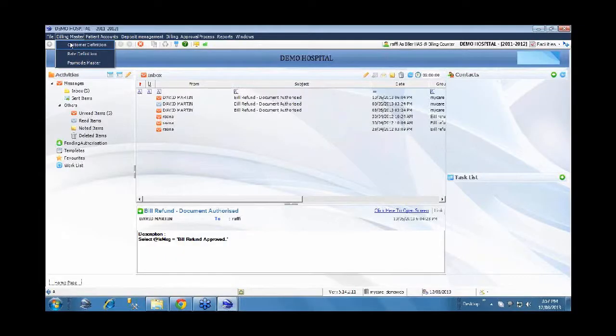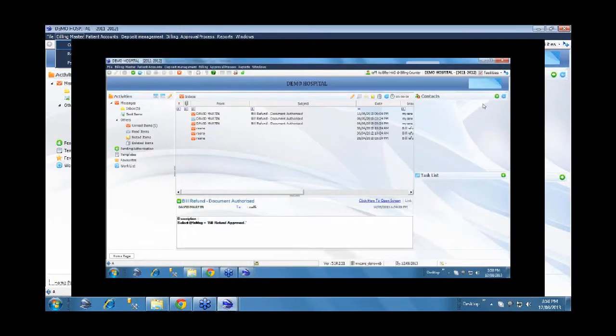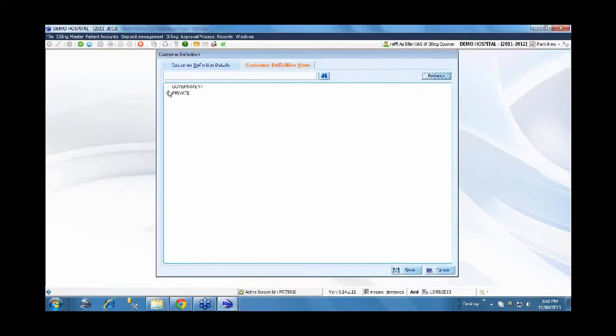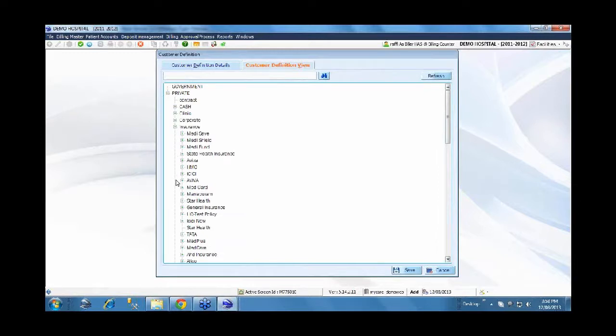presentation to cover the revenue cycle management aspect. So initially we will start with customer definition, how we can define the insurance contracts and various policies and rules associated with that particular insurance or any other payer the hospital may sign up with. Then we will look at how we can define the fee schedules, I mean hospital based, price based and specific fee schedules for each and every individual corporates or insurance companies, how we can do that.